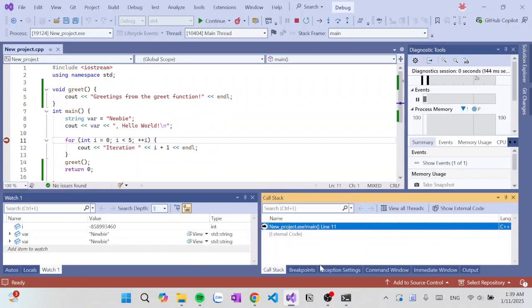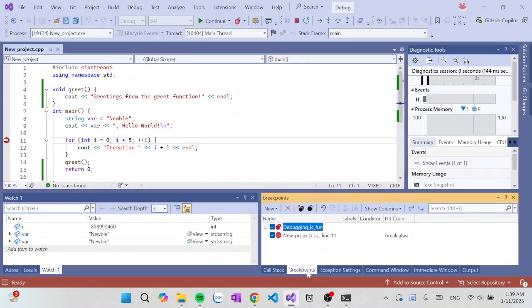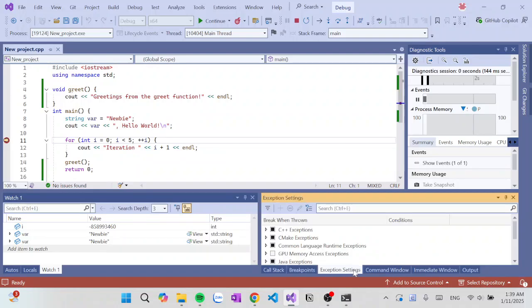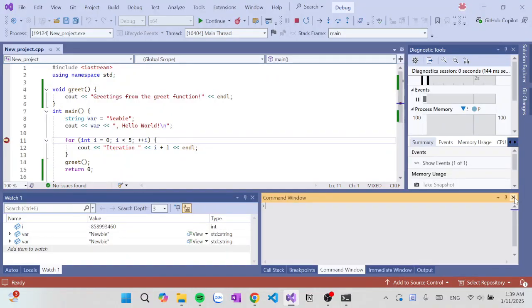There are also some other windows under here, like this breakpoints window. It is the same as the breakpoints window I have shown to all of you before. It shows us all of the debugging groups and breakpoints. And also we have here the exception settings, so it will break when we throw something. Alright, you guys may also see diagnostic tools here. It is used to diagnose things in debugging like events, the memory, and the CPU.